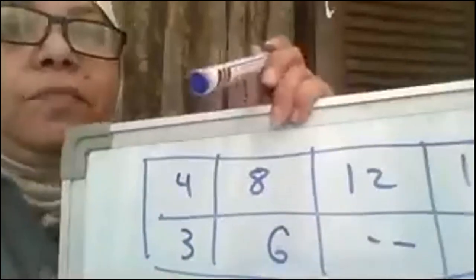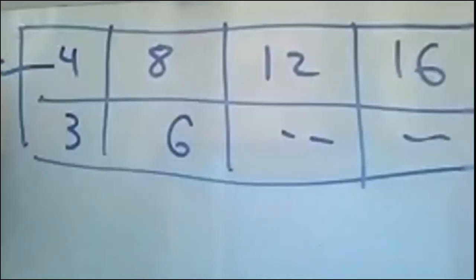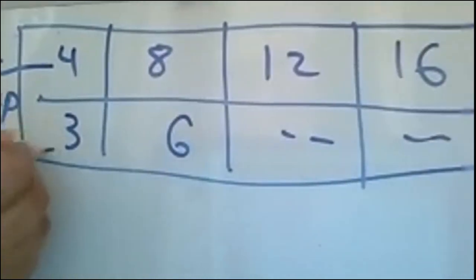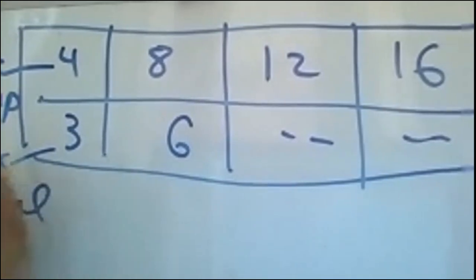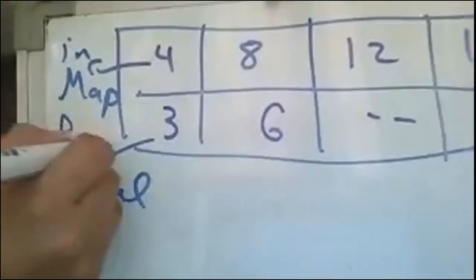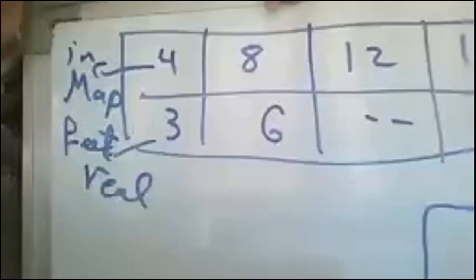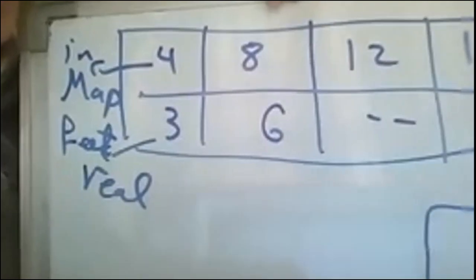I have here that this is the map, and this is the real. This one was inches, and this one was what? Feet. Then if you want to draw your building, your school,